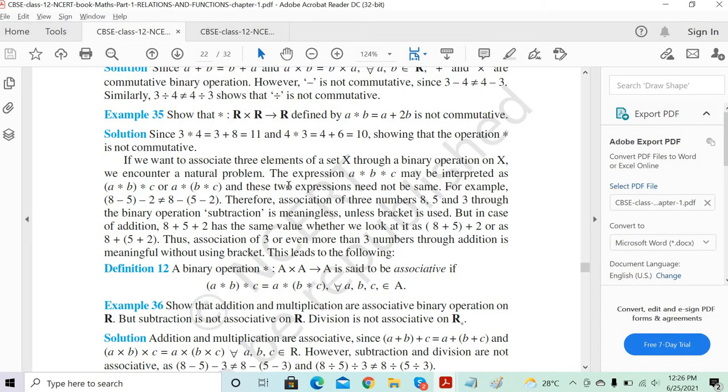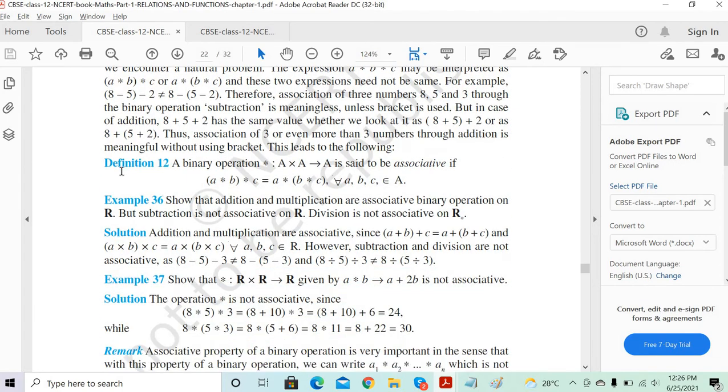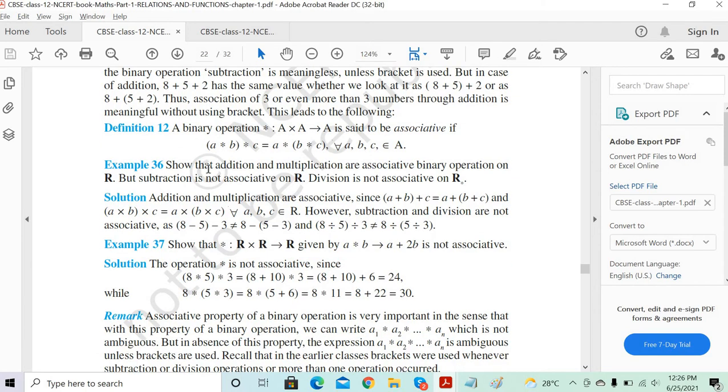Now it's the associative property. You have to explain me the associative property. If I'm taking 1 plus 2 into 3, then I have to prove that it should be equal to 1 plus 2 into 3 grouped the other way, that is, 1 into 2 plus 3. It'll be cross instead of plus, but that's the example. Associative means in any order you can add or multiply. Order doesn't matter in that case.